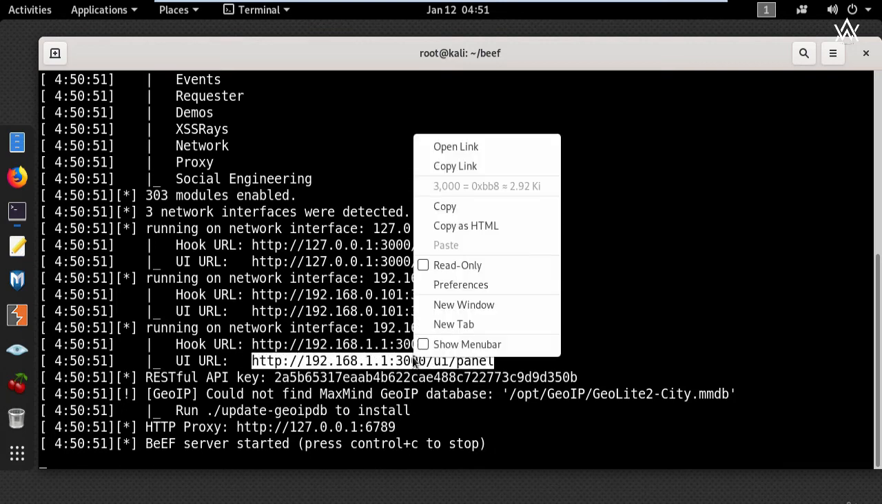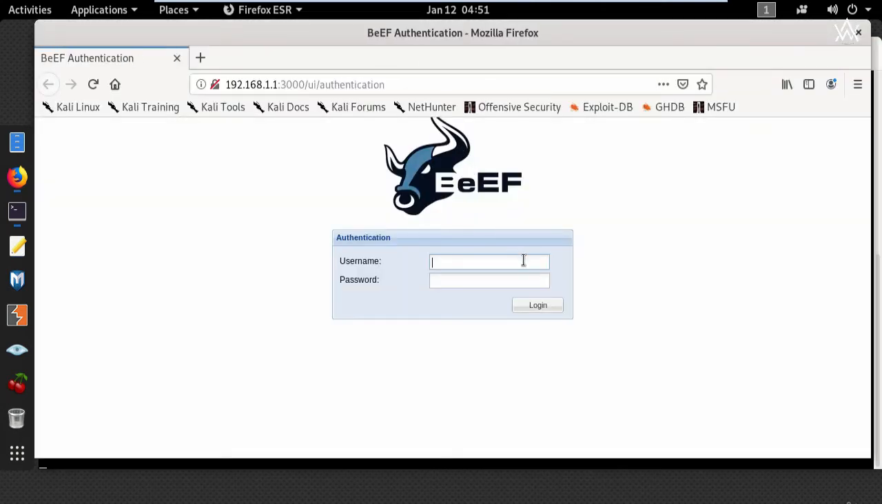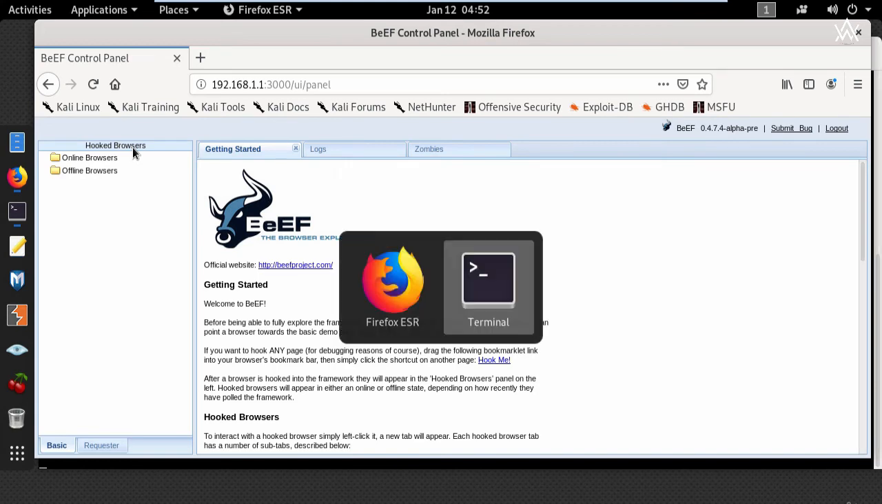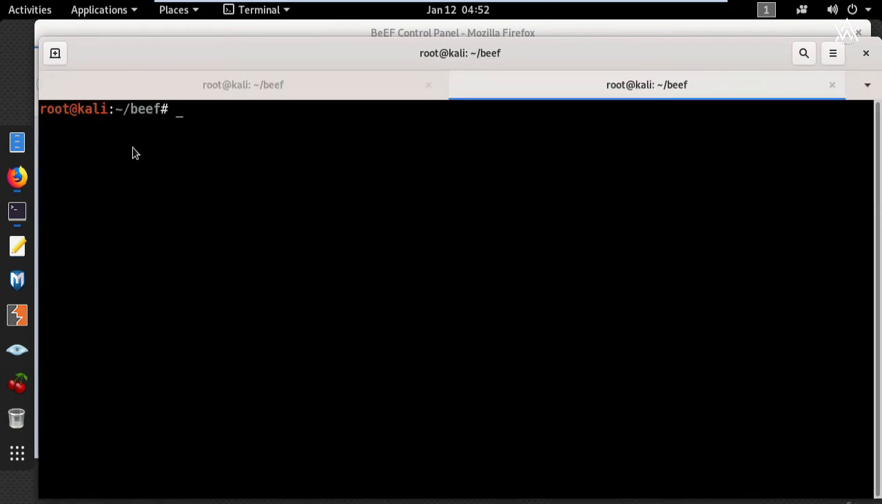So I will start the web interface by opening the link. And here the username is beef and password beef. And on the left is the hooked browsers panel. And I don't have any target hooked for the moment. So let's see how to hook a browser. And to do that, I'll go back to the terminal and open a new tab. And change directory to